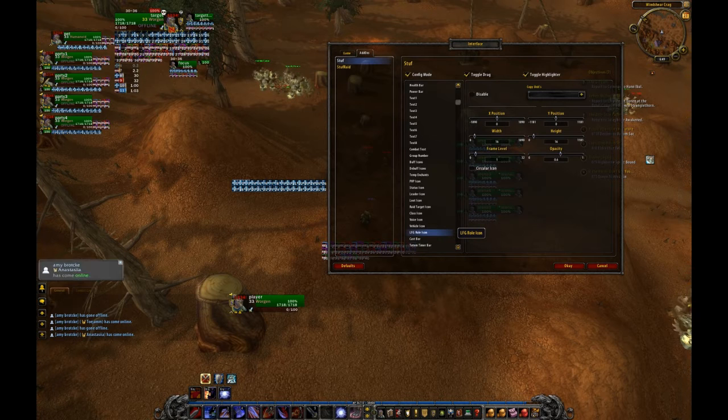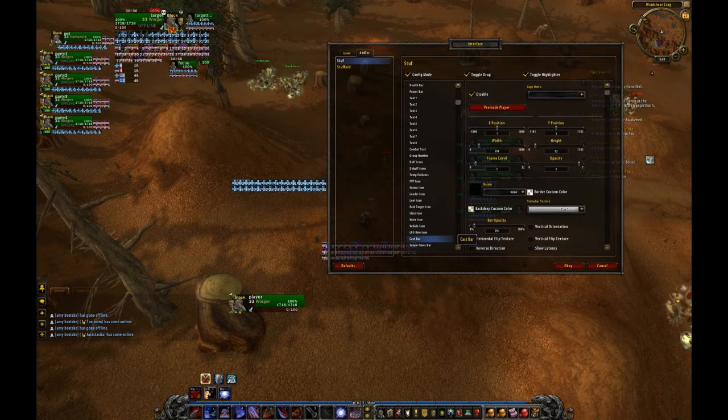I use this very often when I queue for multiple roles. When I get into a dungeon, if I didn't pay attention when I hit accept to, I'll just look, and it makes it a whole lot easier, especially if you have it on your party frames. The cast bar, I'm not on a caster right now, so I cannot show you. It's just pretty much the default cast bar. It just shows up right below the